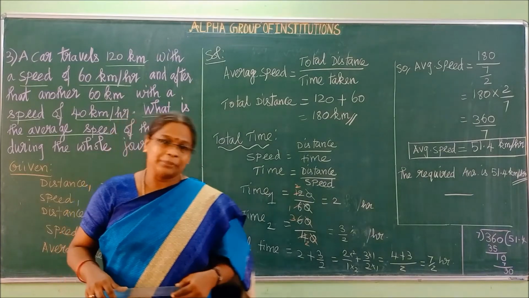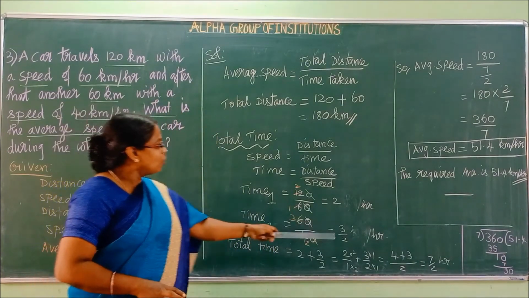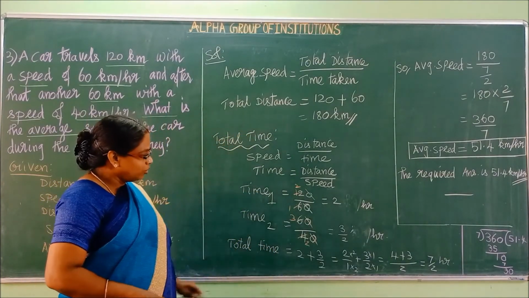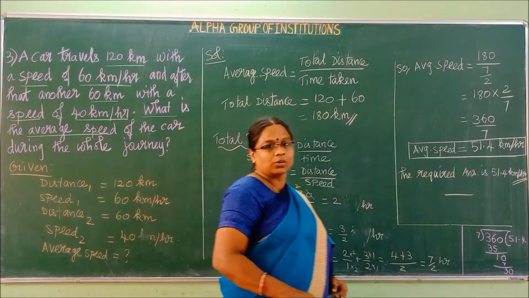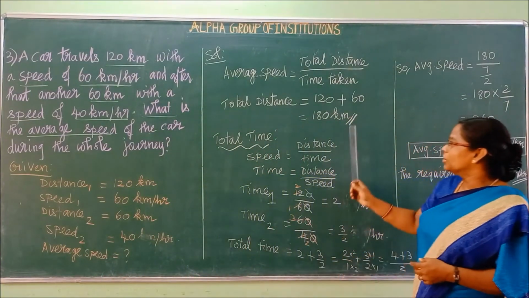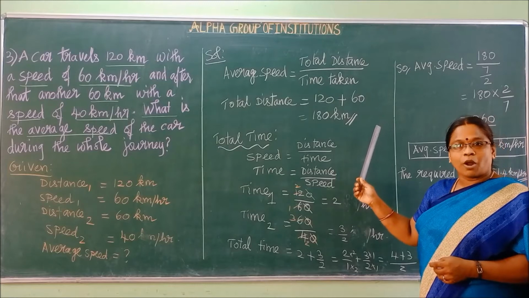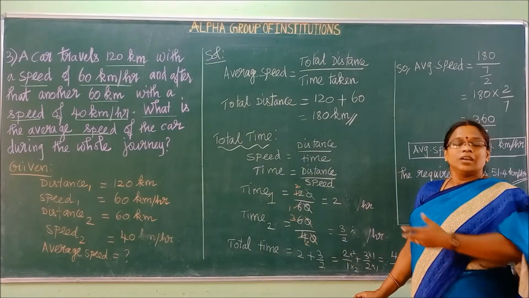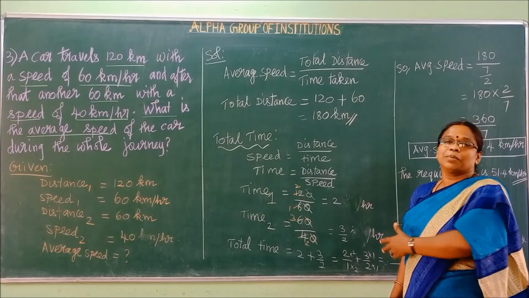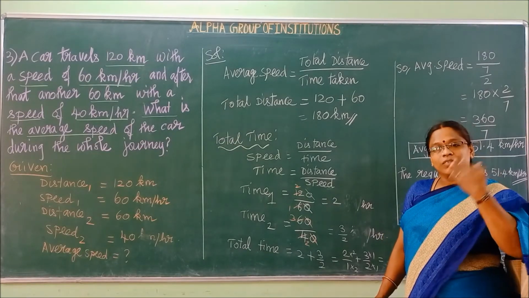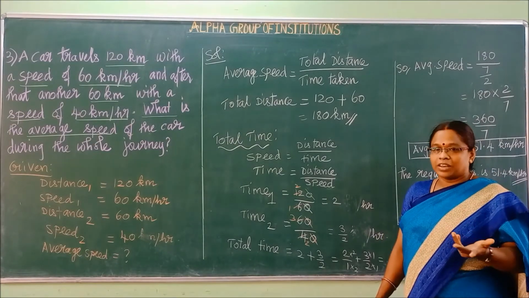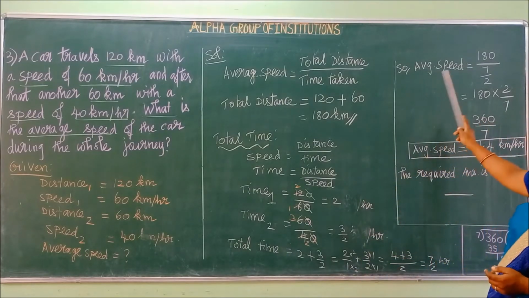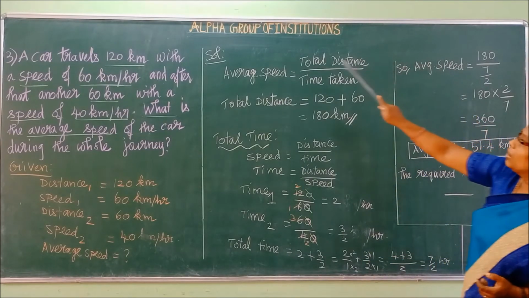7 by 2 is the hour. Right? Right now total distance we had found out. Total time we had found out. Now come, let us substitute in this formula. Bit tough for problem, no, as I have written each and every step only. Here, it appears to be difficult. When you get practice with it, you will feel it very easy. Okay. Now, average speed is equal to what's the formula?